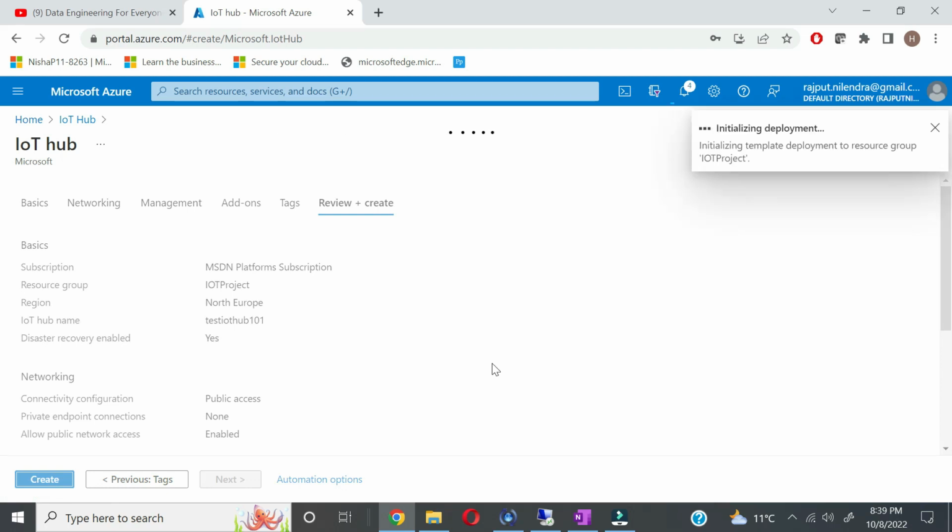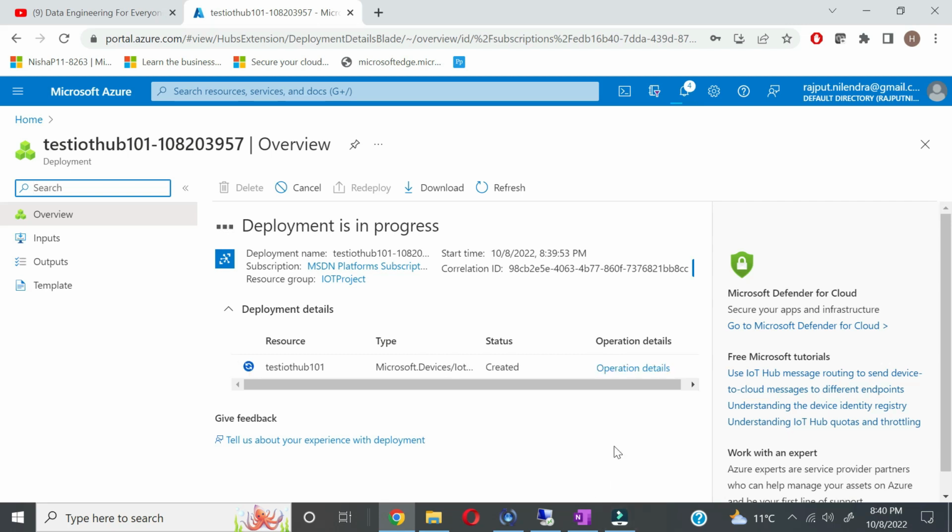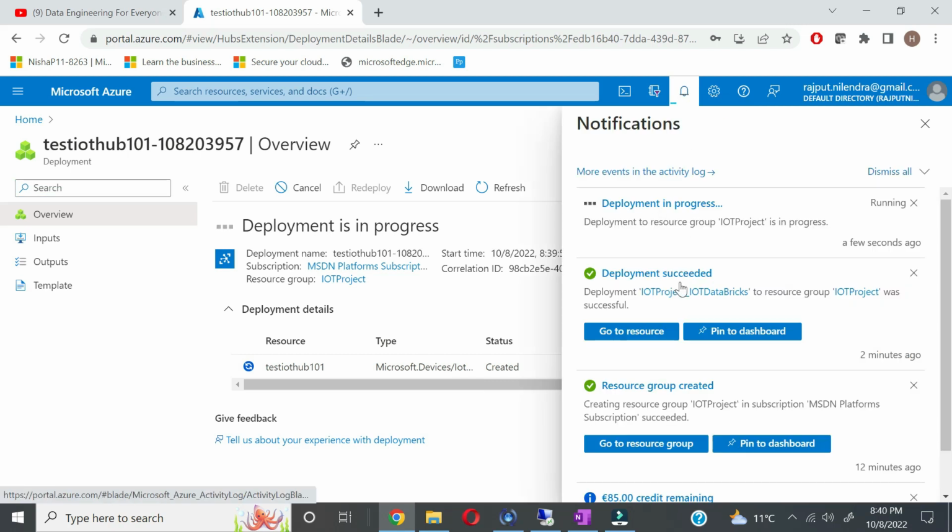The second thing is, what we need to do. So it will take some time. Next thing is, okay, so let's wait for it first, and then once it is done, so see, it starts with your test IoT hub. It will create other services. So now, since we have our